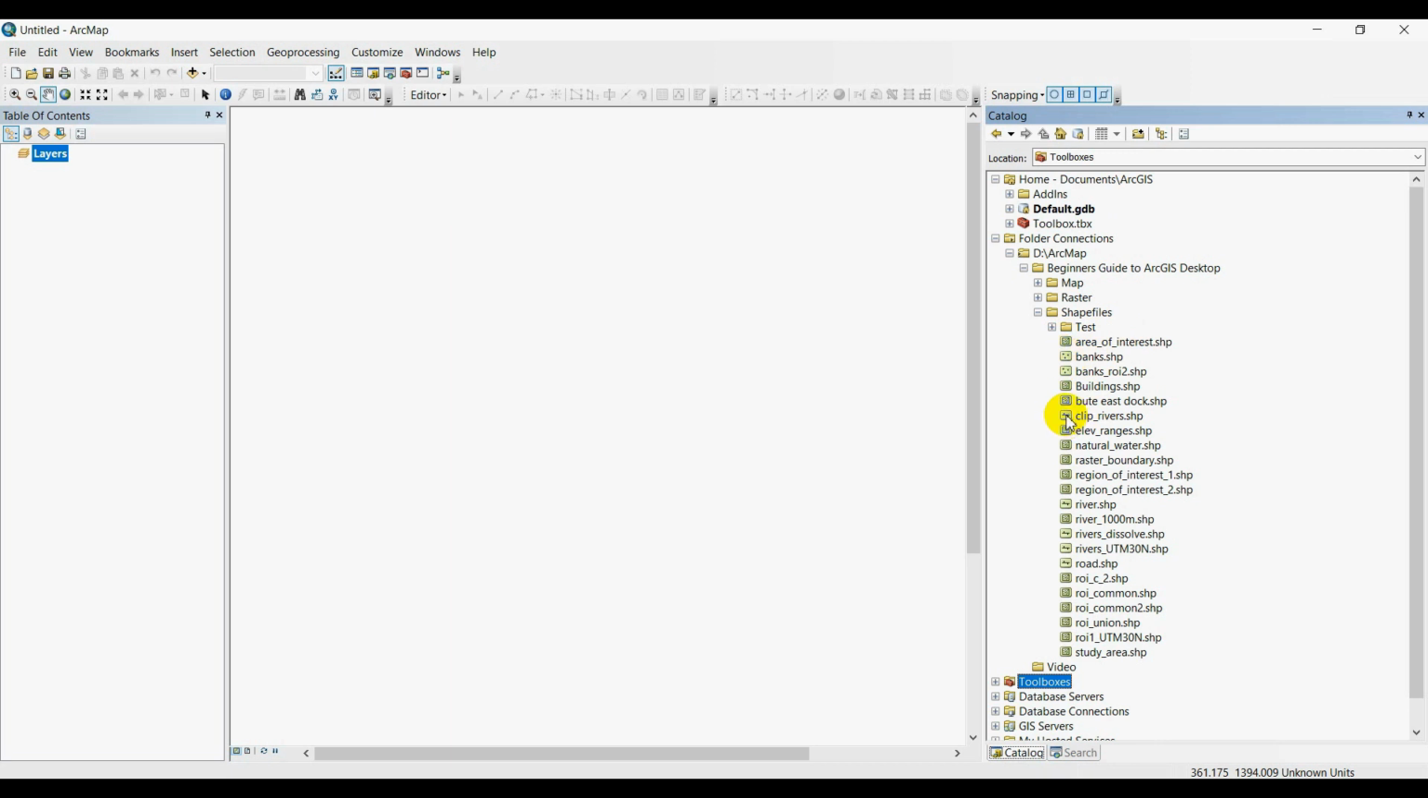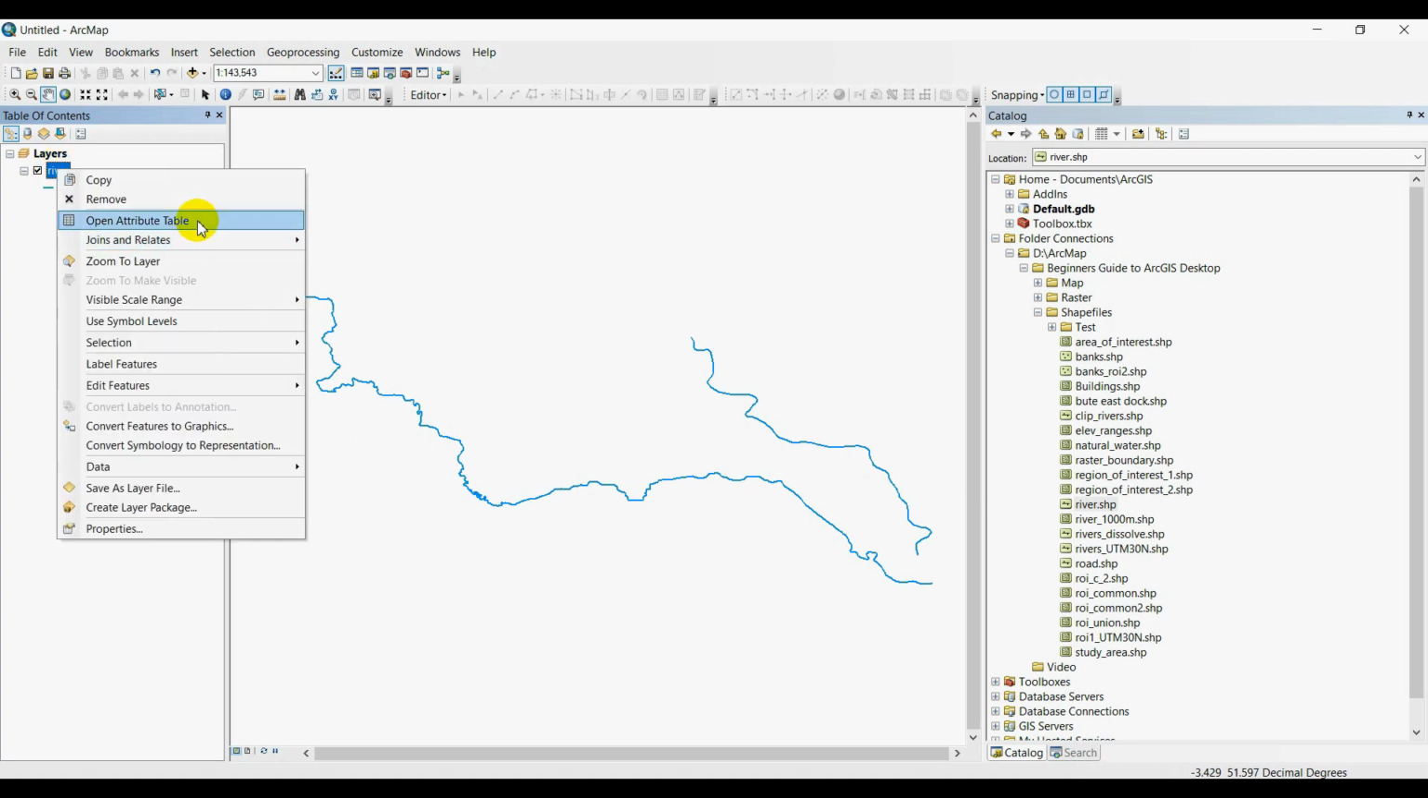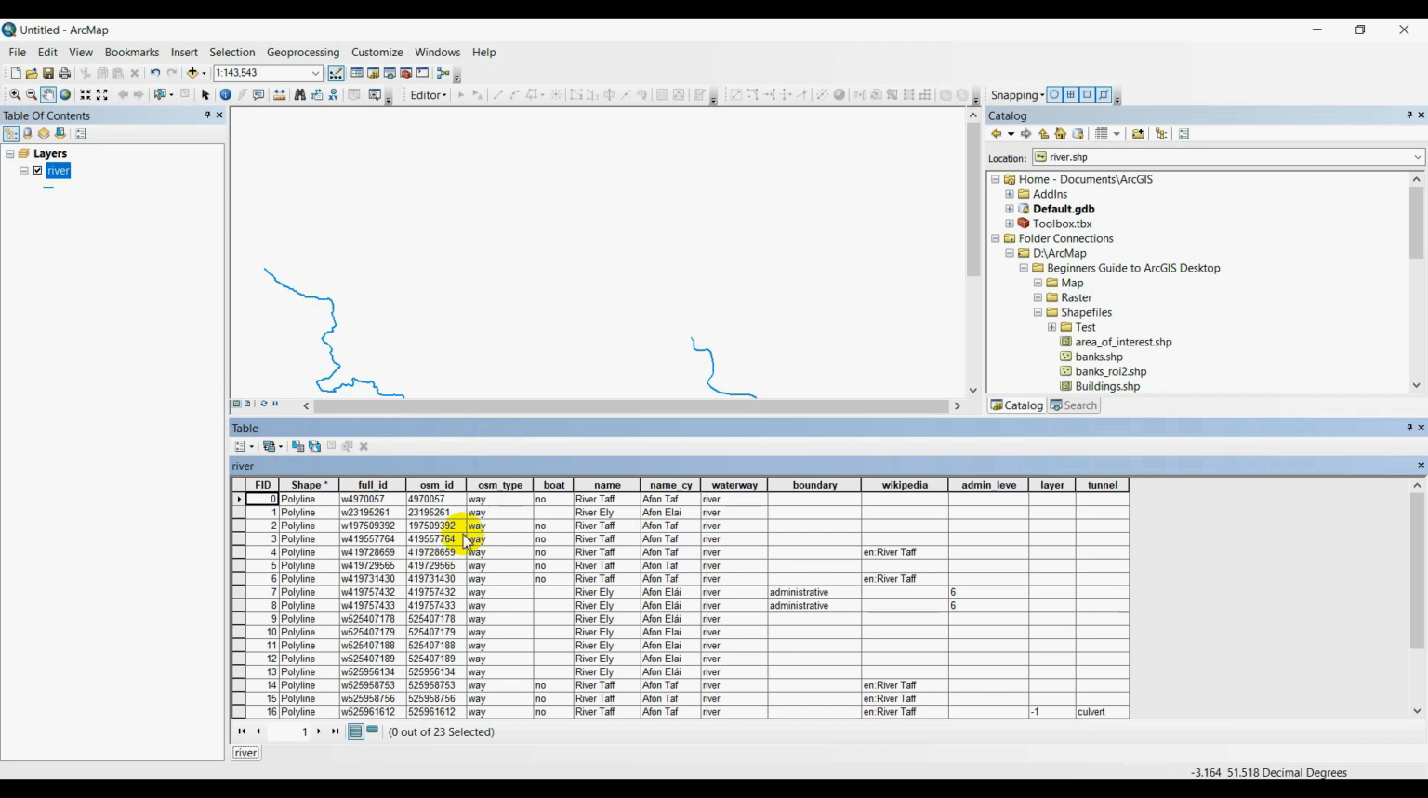This is line. Okay, first we drag the river shape, line shape. You can see the line shape data is added into our ArcMap. Now we can see the attribute table, which is available in this feature. Just right click, open attribute table. We can see they have some attribute information,